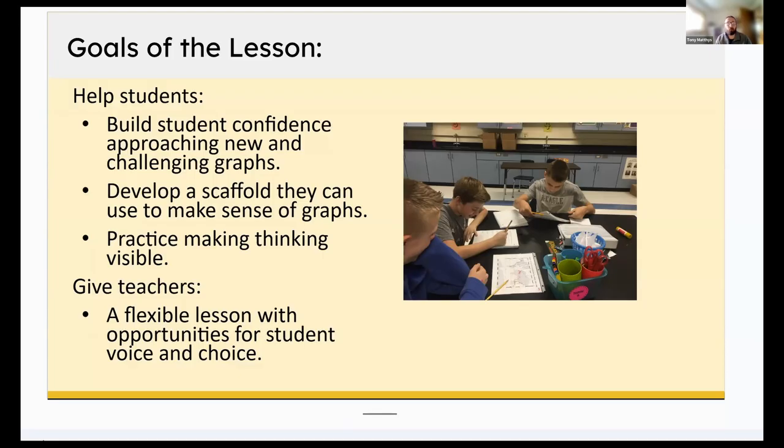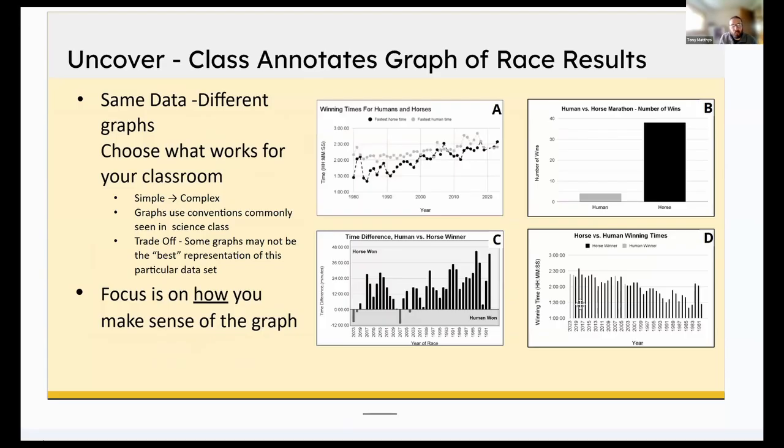And then, as a practical matter for teachers as well, we wanted to make this lesson really, really flexible with lots of opportunities for both student voice and choice and teacher voice and choice. So we just provided a lot of resources that you can pick and choose from to tailor to your classroom. And one of the examples of this is the lesson really kicks off in the